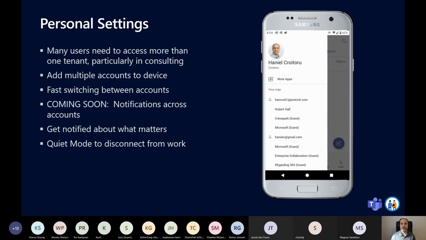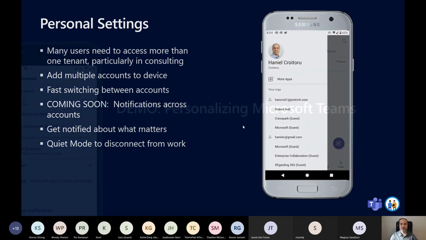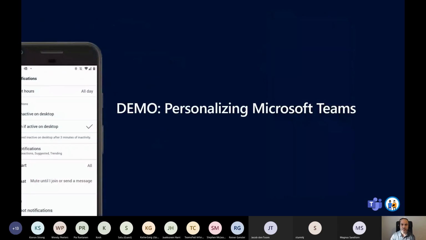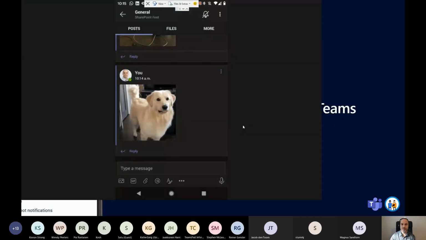Other types of settings that I have are things like, is there a quiet time, right? So maybe I don't want to be disturbed on the weekends or in the evenings. I can set that up. There's other types of settings like that to really make it my own device and work the way that I want it to, that may be driven separately from how IT declares it.